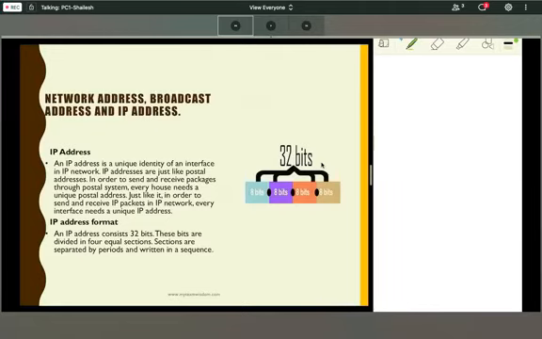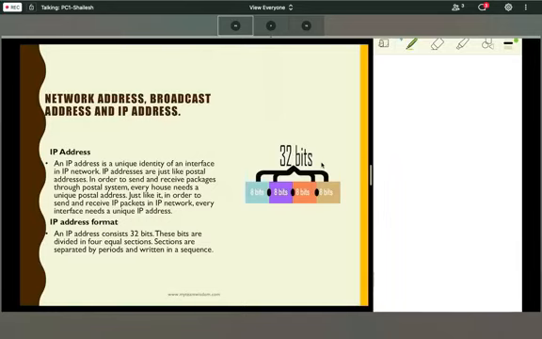Host means computer. In an IP network, we have to have one IP address for each computer. If the computer doesn't have an IP address, it cannot transfer any file, it cannot participate in the network. It is no use, a dumb device.